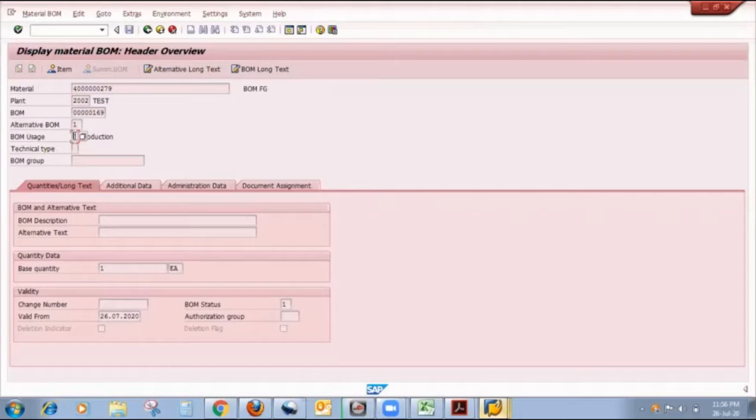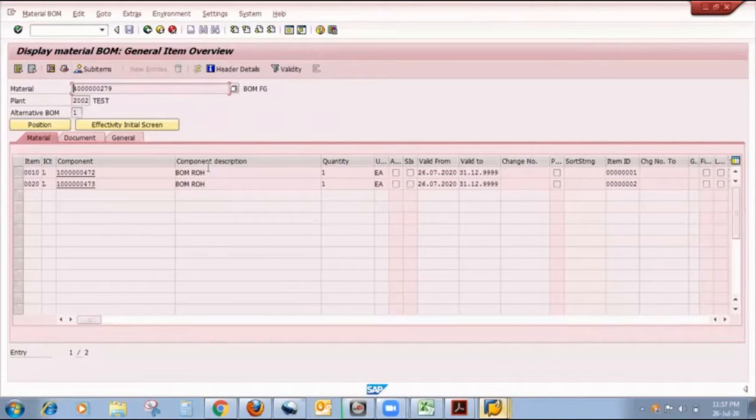So for that particular finished good, only one BOM exists. And in items, you can see that there are only two raw materials. With the help of these two raw materials, we can produce our finished goods, that is FG. So this is the simple BOM.